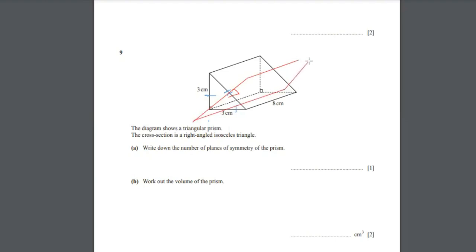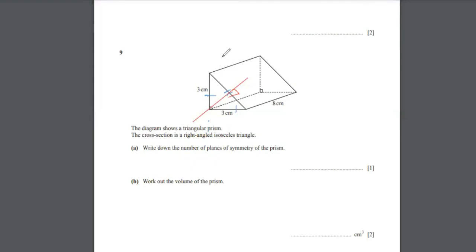Cutting it through this plane. Okay, this plane. So it will divide this prism into a complete half. Next one. So one is this plane, and what could be the next